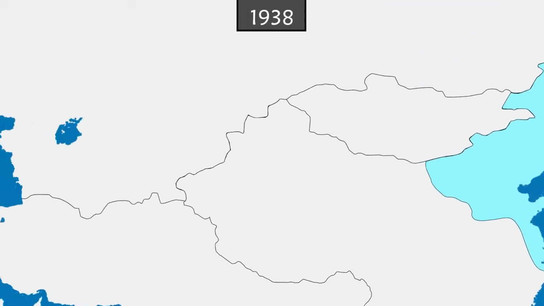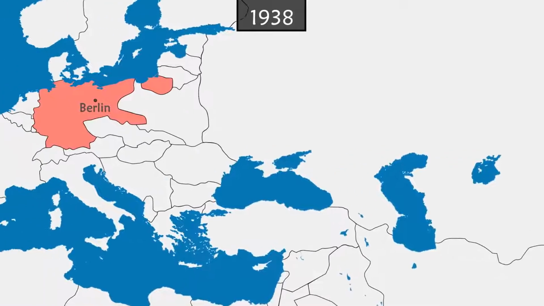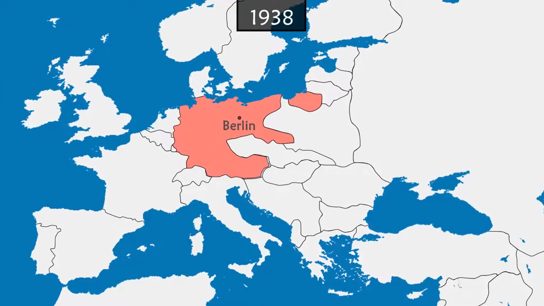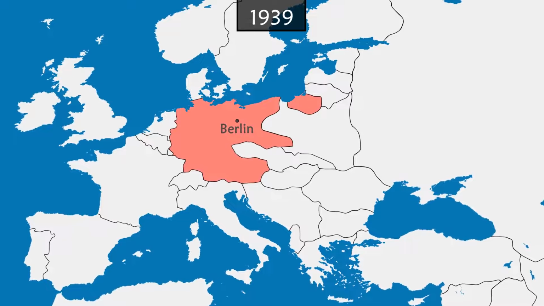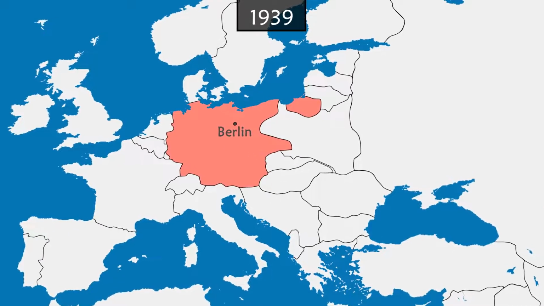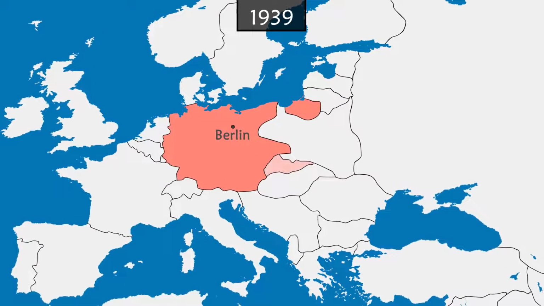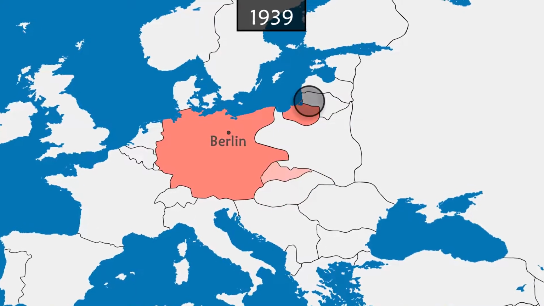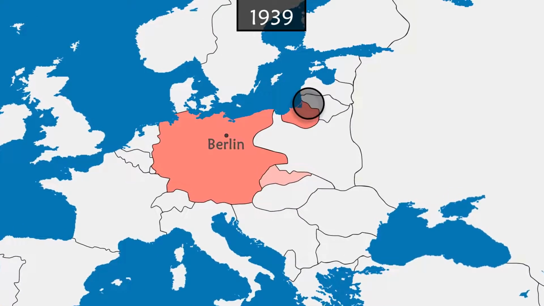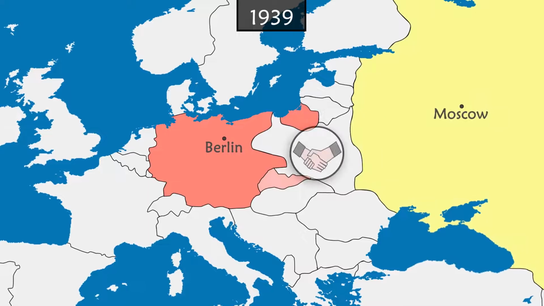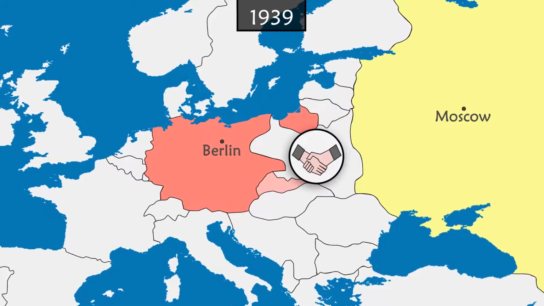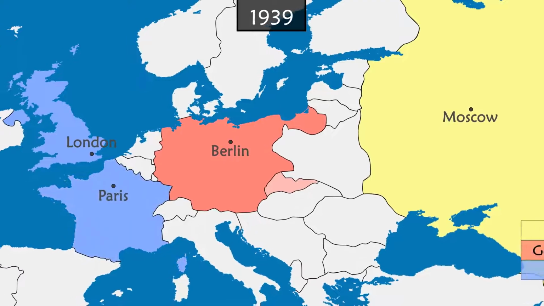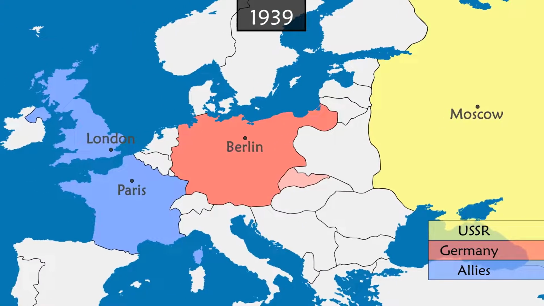Germany is now powerful enough to launch its territorial expansion. It first annexed Austria with support from the local Nazi party. Next, the west of Czechoslovakia was invaded. The Slovak Republic becomes a German satellite state while Hungary grows closer diplomatically. After the occupation of a part of Lithuania, Germany signs with the USSR a non-aggression pact and a plan to carve up Europe. It then attacks Poland, which provokes the United Kingdom and France to declare war, marking the beginning of World War II.